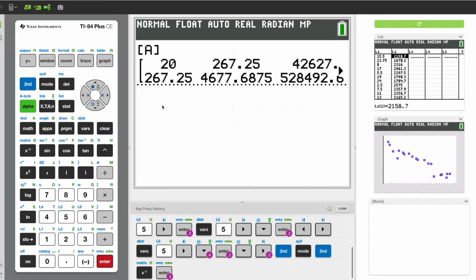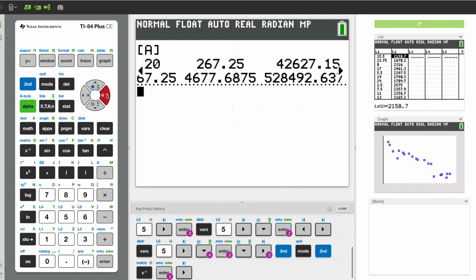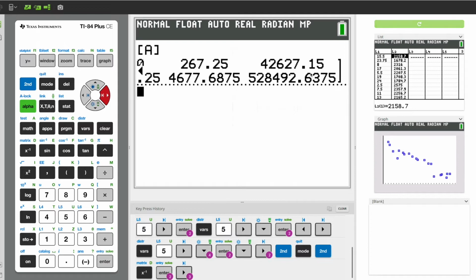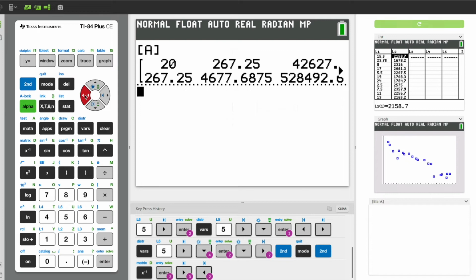All right, and so now instead of an error message, it actually displays the matrix. And notice that it's got this right arrow over here. And so what that means is that we could press the right arrow and scroll over and see all the rest of the values, and we could scroll back. Okay, so we've created a 2x3 matrix and entered the appropriate values into that, corresponding to the augmented matrix for